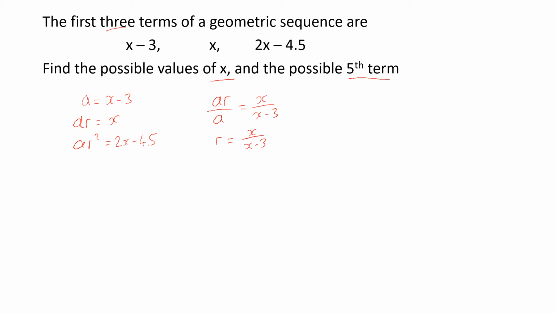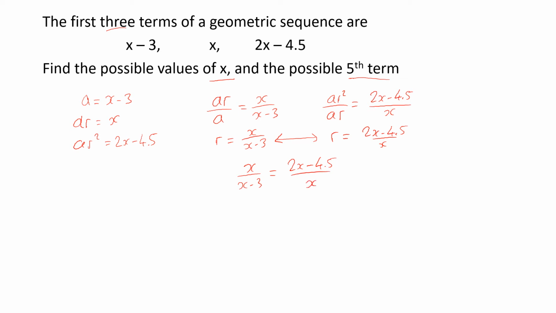And I'm going to do the same thing with ar squared over ar, which will give me 2x minus 4.5 over x. And again, the a's will cancel, one of the r's will cancel, and we'll end up with r equals 2x minus 4.5 over x, which makes sense because r is just what we multiply to get from one term to the other, and we've just divided successive terms by each other. These are therefore the same as each other, so we can get rid of r as well, and we can say, okay, so x over x minus 3 is equal to